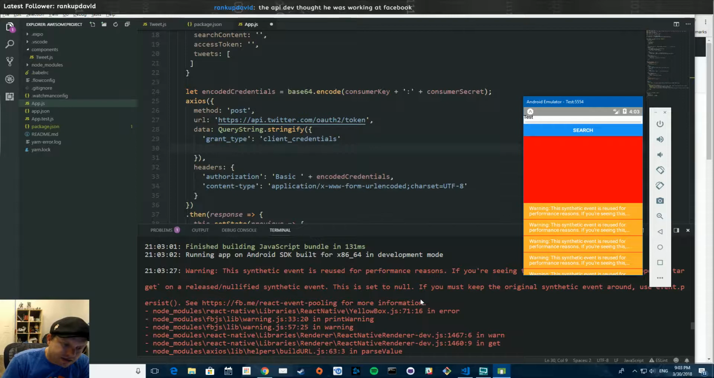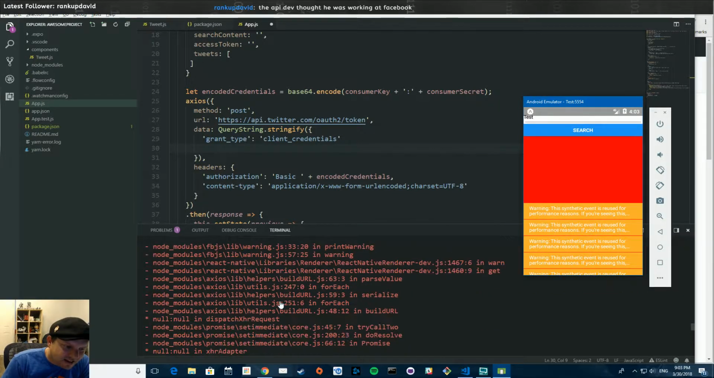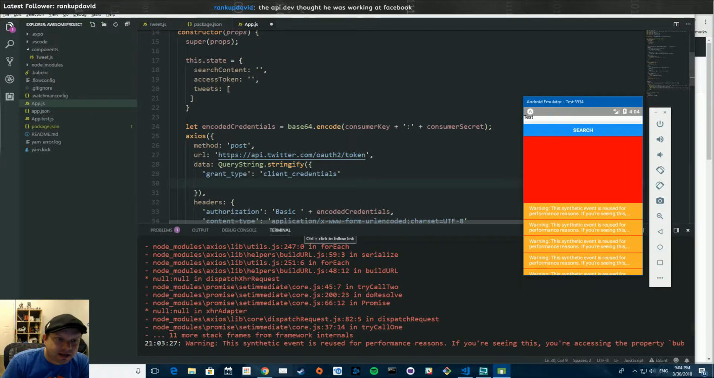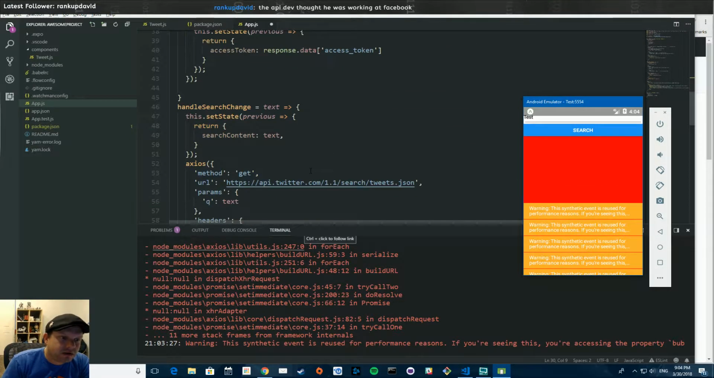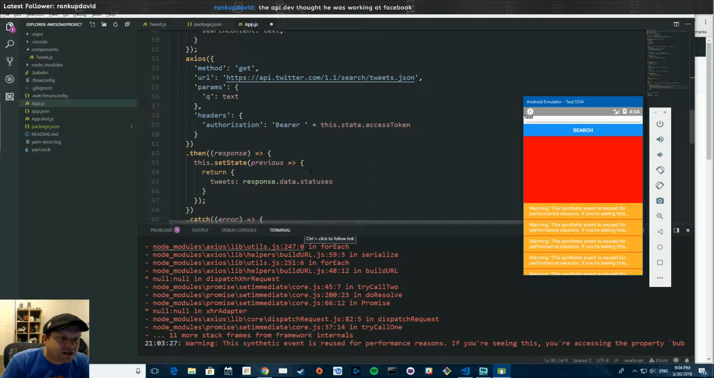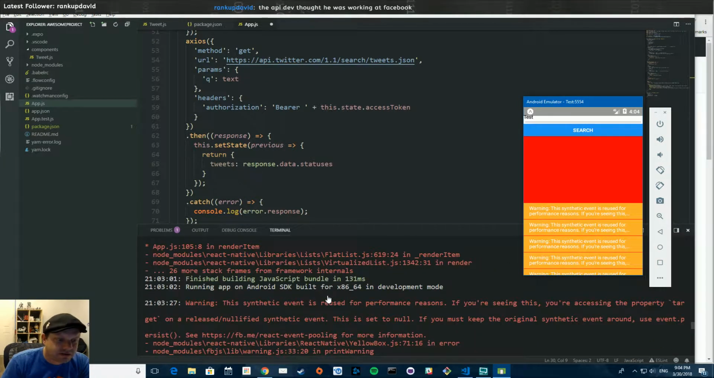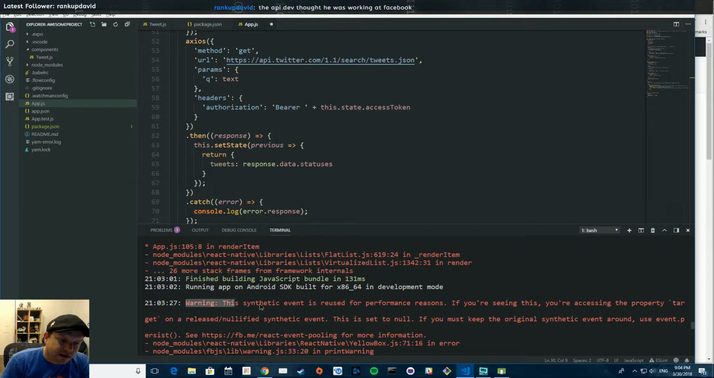And it has a stack trace here, and we're going to see if there's anything that I did here. We see dispatch here, that's good. So it might be in my handle search change. I don't see it necessarily. You know, I see set state, this previous catch here, but let's see what's going on here. Let's grab this,